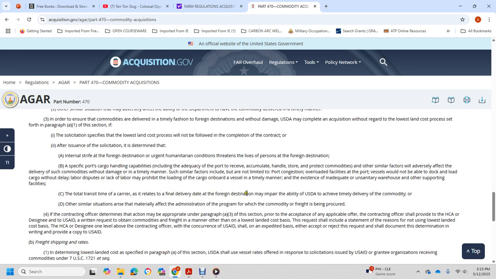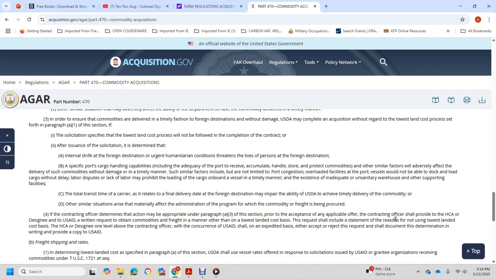Total transit time when the carriage relates to the final delivery date at the foreign destination may impair the ability of USDA to achieve the timely delivery of the commodity. Other similar situations over the arrival of the commodity materially affected the administration of the program for which the freight is being procured. 4. If the contracting officer determines the authority action may be appropriate in paragraph (a)(3) of this section,